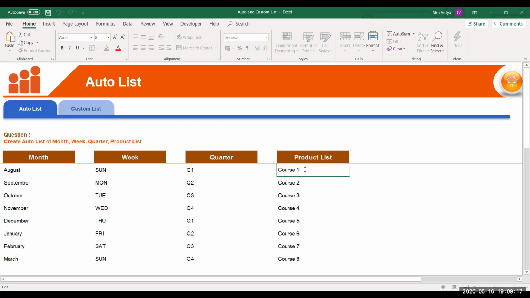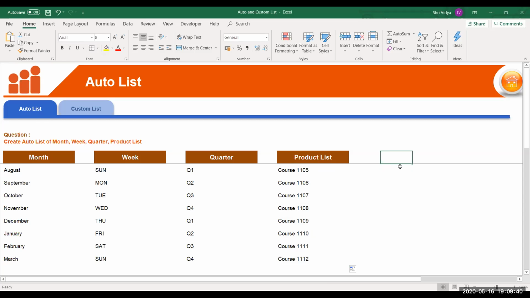Say I'll give here 1105. Now if I drag it, you can see it will create a series like this. So any text for that matter, you can be typing any text over here followed by a number and you drag it, it will give you a series of the same.